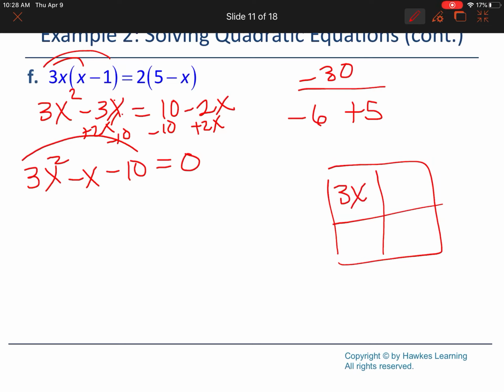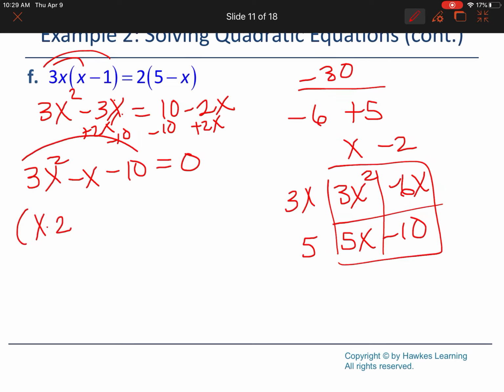So we've got our 3x squared, negative 6x, 5x, and negative 10. So as I pull common numbers out of the top, I get 3x. This will be an x, and this will be negative 2. And x times 5 is going to give me 5x. And just to double check, 5 times negative 2 is negative 10. So those are my two factors, x minus 2